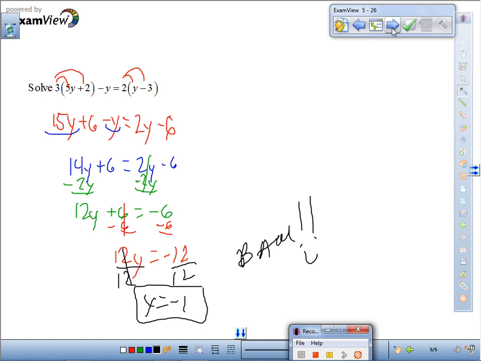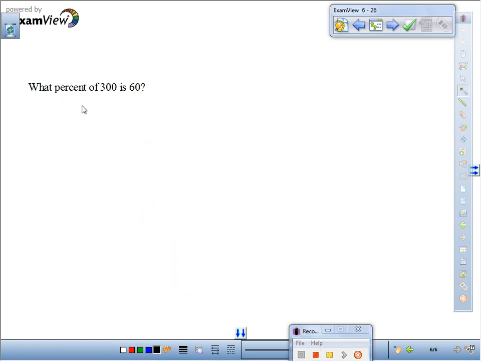Number 6. What percent of 300 is 60? For this one, hold on. Guys, focus please. For this one, whenever you get to the ones with percent, I want you to write your